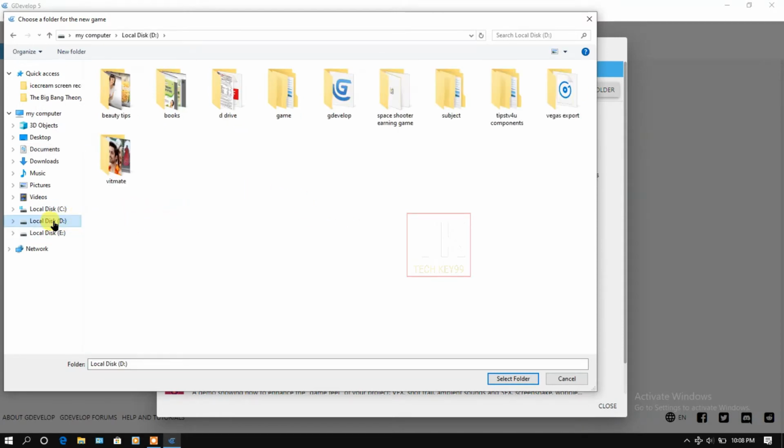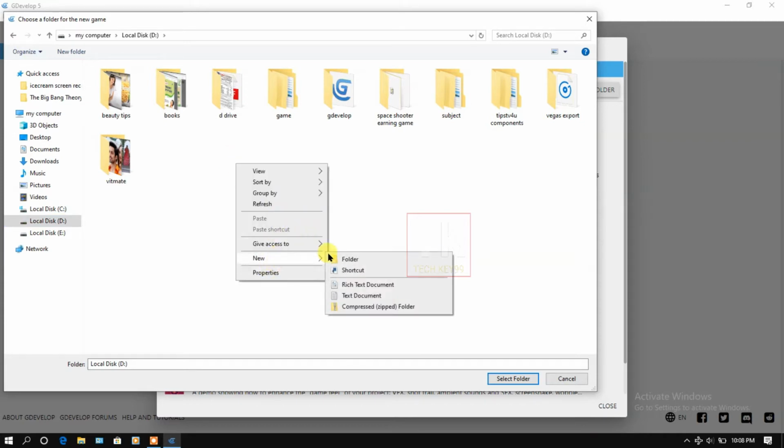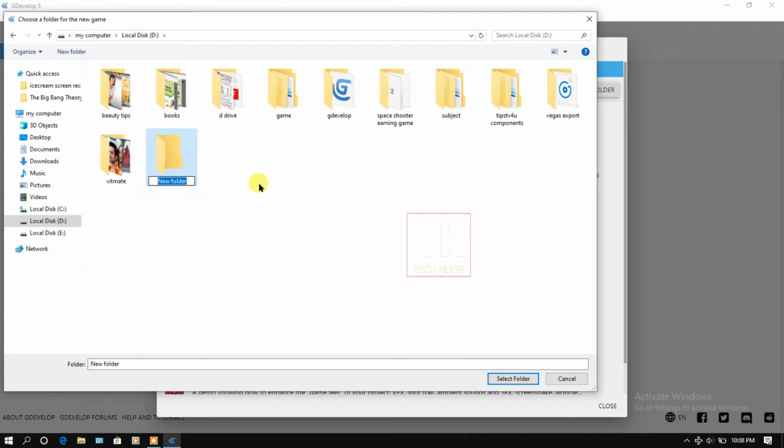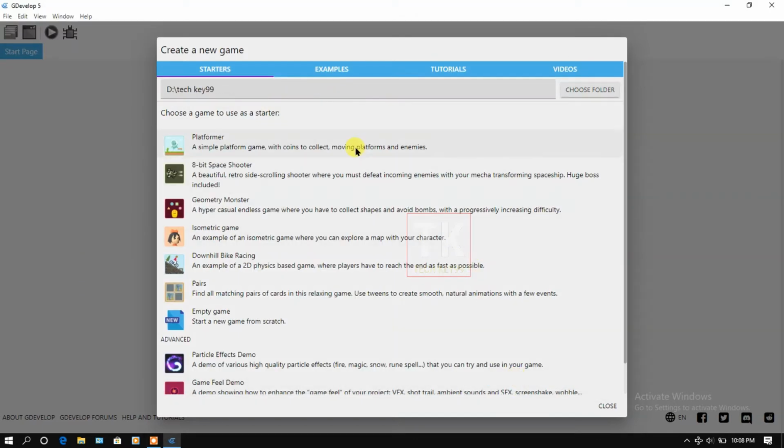I'm going to save this game in local disk D. New folder, TechKey99. Select this folder. Select folder.